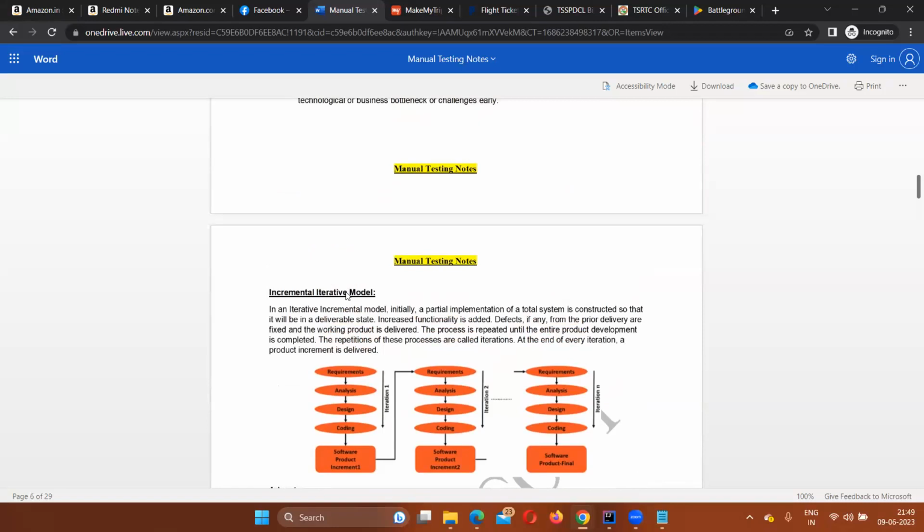Why do we use incremental iterative model? Why should we use incremental iterative model? Because nobody can plan all the requirements in advance accurately. Nobody can plan the requirements that accurately. Sometimes you might be forgetting some requirements, or some requirements might come up as and when you work on the